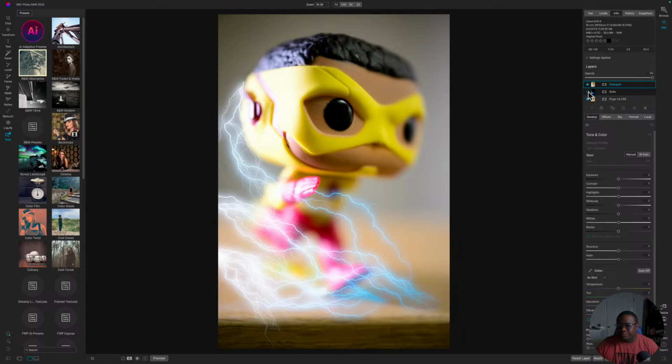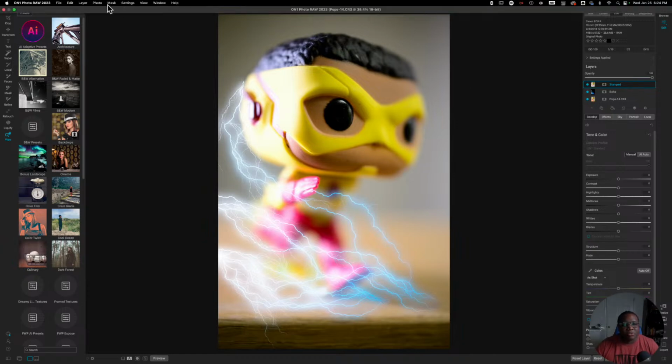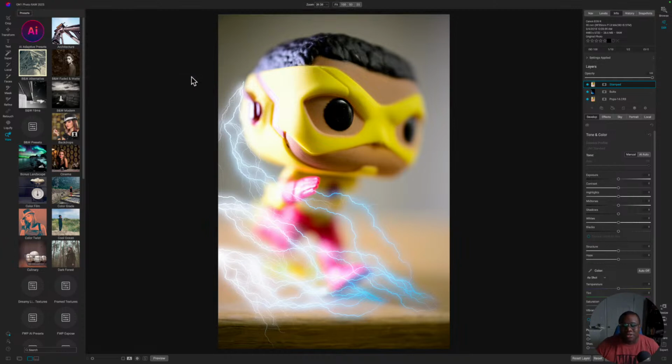All right. And now with the stamped layer selected, if I come back up to layer and then go to filter, Boris FX, and then Optics 2022, I will now see the figurine with the lightning bolts inside of Boris FX. And this is what I want to work with. And while this decides to load,